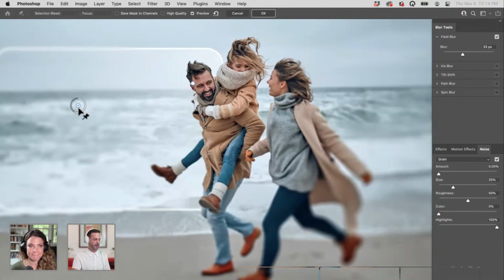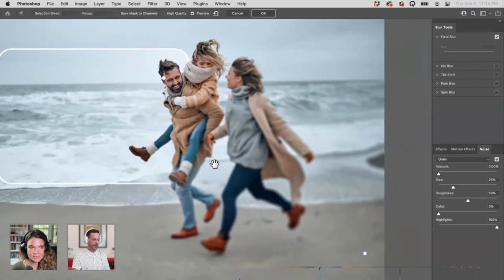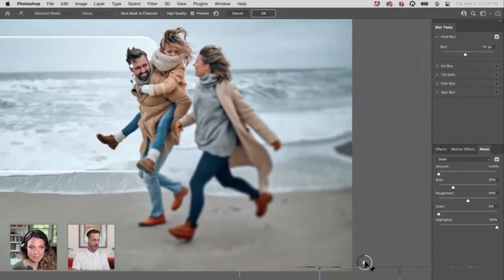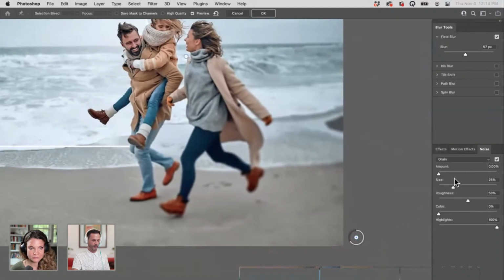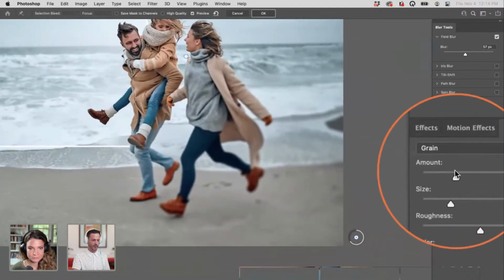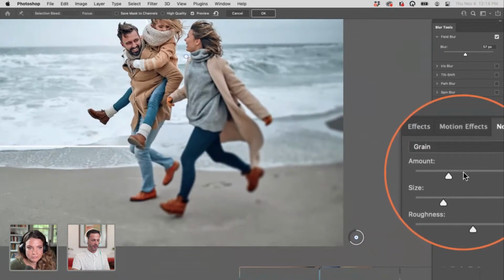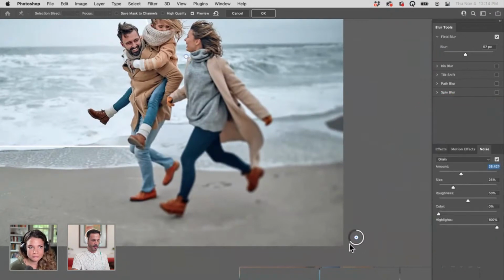I'll also do this very, very subtly. Let's delete that point there. If I want to do just a really subtle draw of attention to my subjects, let's do that here, and we'll make this one nice and subtle. There's an option to put grain in here. I always recommend doing that. It makes it look much more realistic. And I'll do this super subtle. Let's just hit enter there,